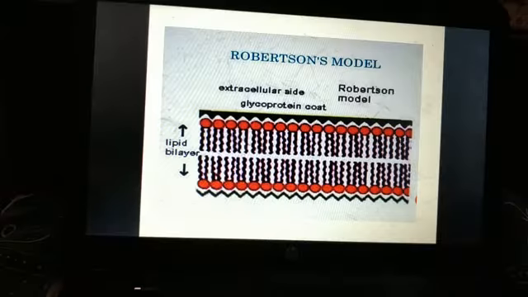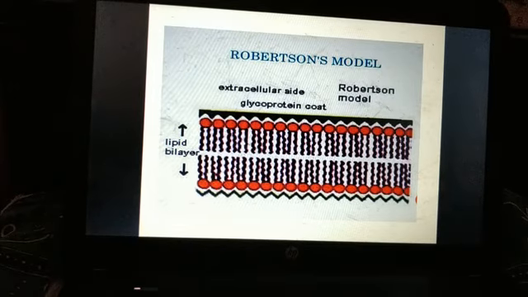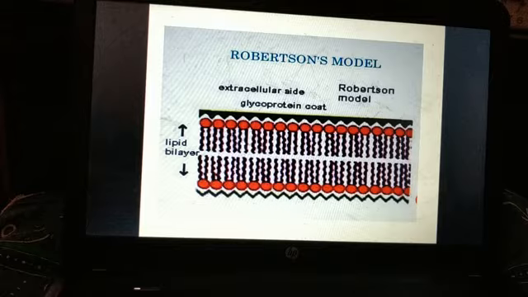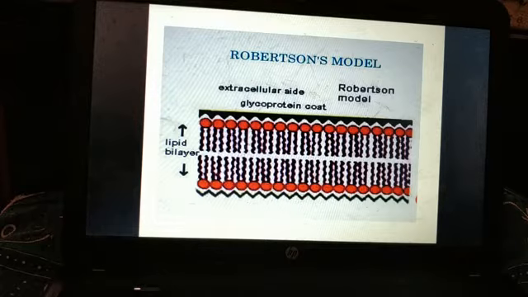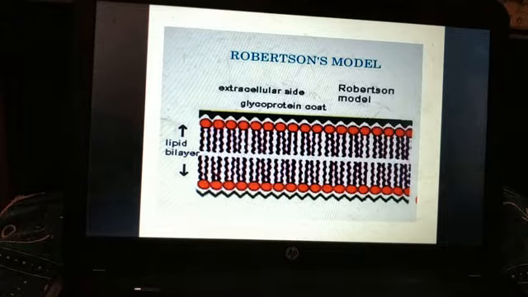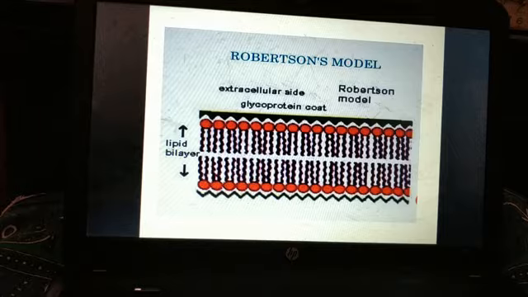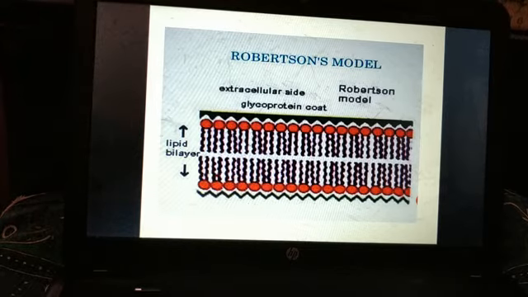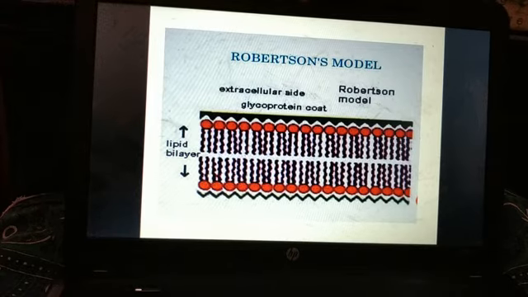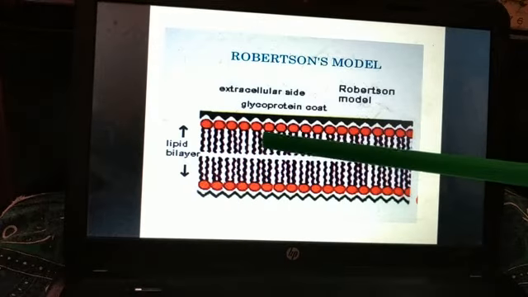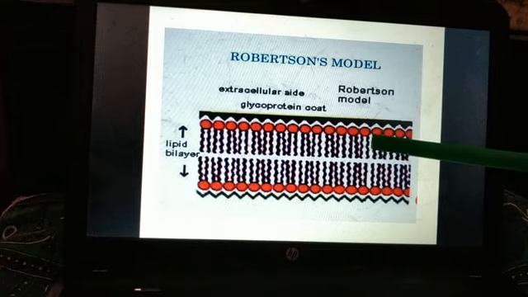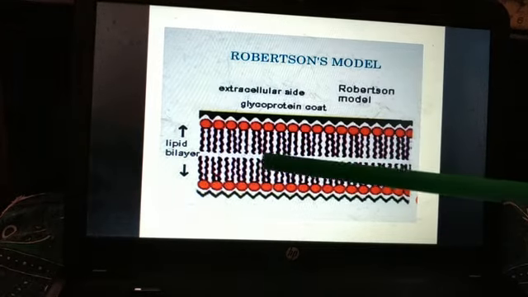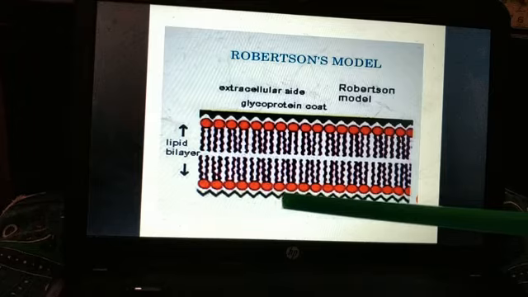that are required in and outside of the cell. So plasma membrane will act as a selectively permeable membrane and it will regulate the movement of substances. But this model failed to explain how the movement of water soluble molecules will occur, since we know that this is hydrophobic part, these are hydrophilic, isn't it?